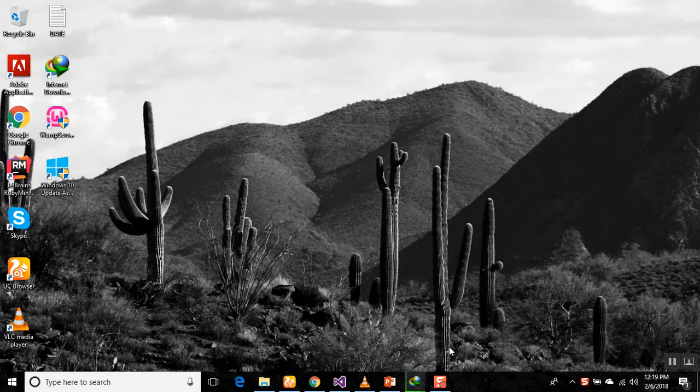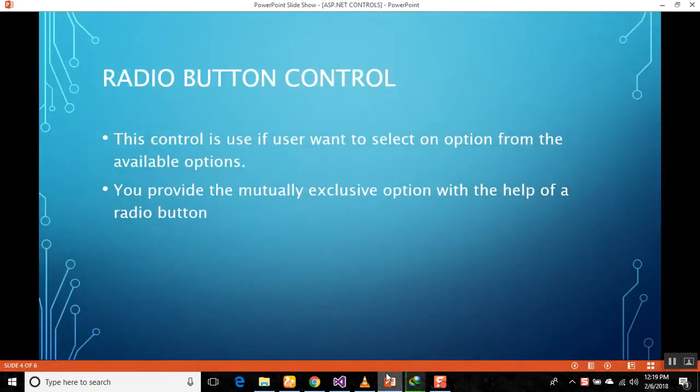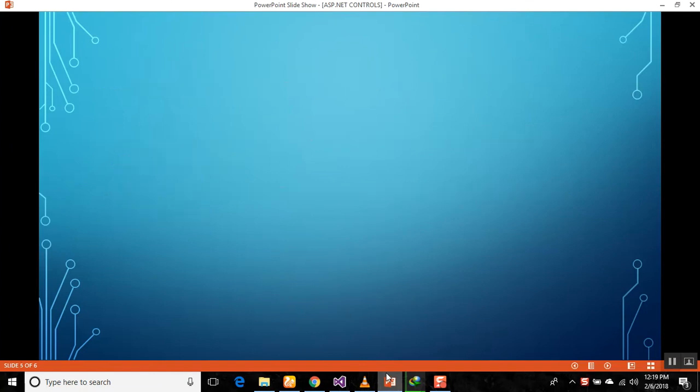And in this session we are going to learn how to use the radio button in ASP.NET. So what is the radio button? This control is used if the user wants to select one option from the available options. You provide the mutually exclusive opportunity for each radio button, and for this we are going to create a